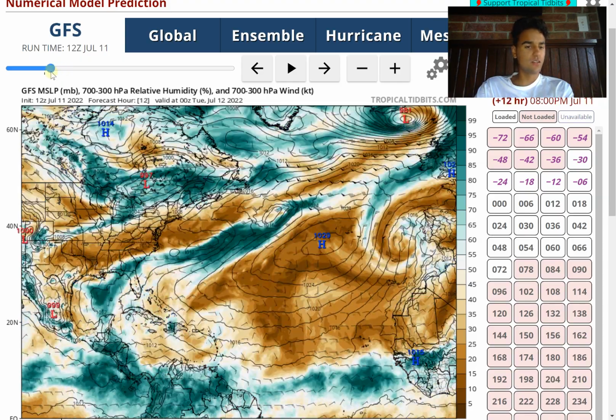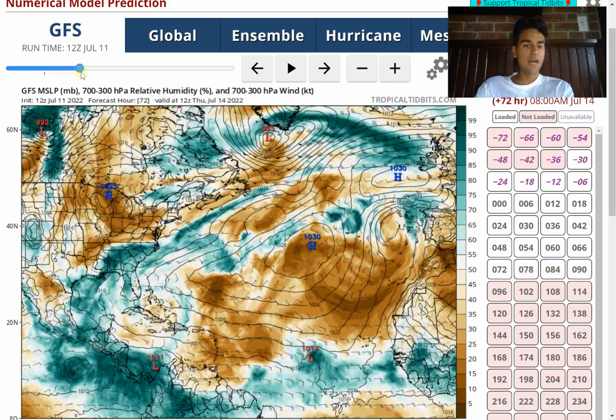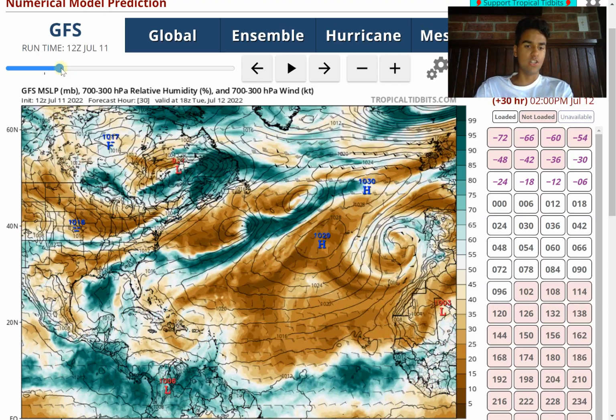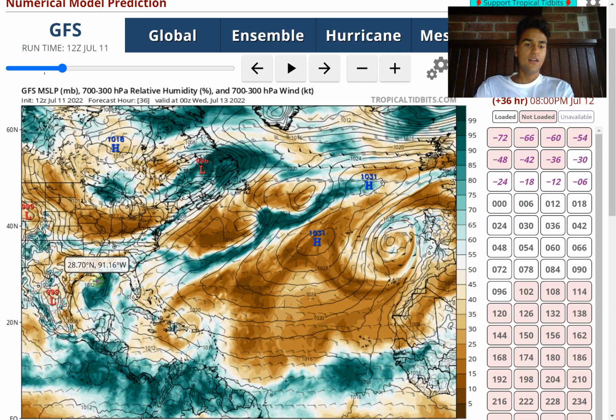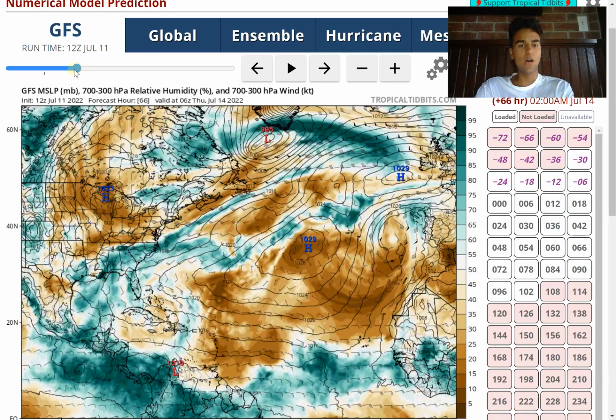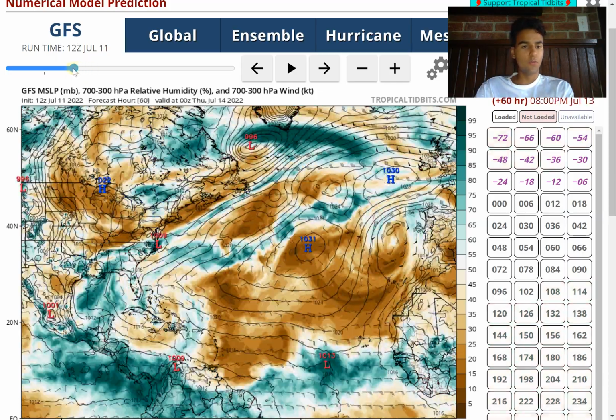But if I were to continue to move forward, we do see that the atmosphere does moisten up a little bit, and in fact the GFS model wants to develop somewhat of a low pressure system right around the 36 to 48 hour mark. This isn't expected to be a tropical storm, but at least the possibility certainly does exist. It's not until, like I said, beyond the 48-hour mark where things become a little bit more interesting,